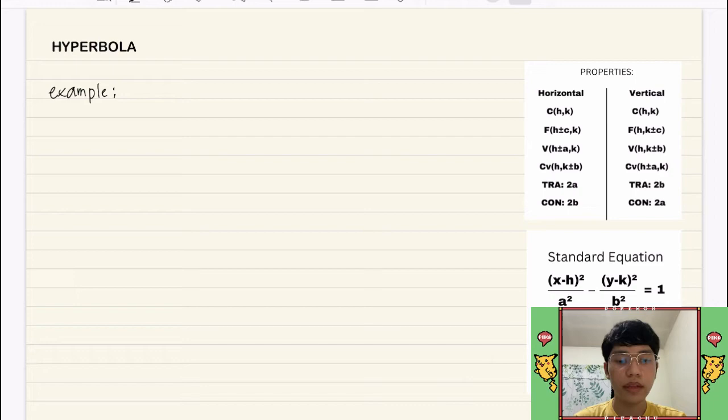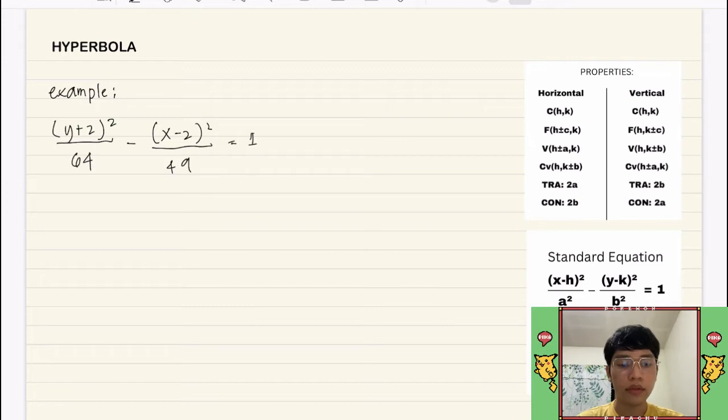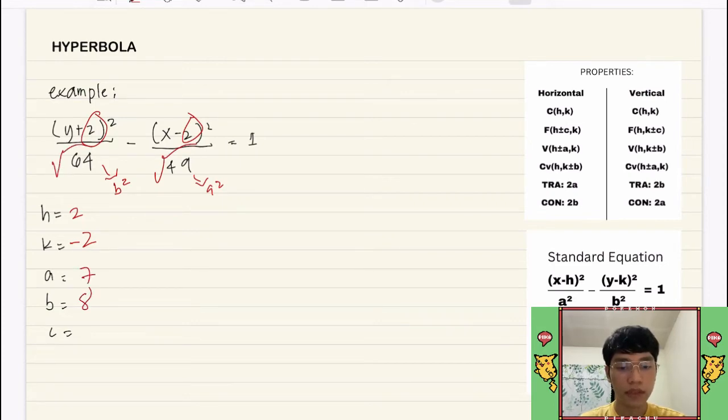So the first example is (y plus 2) quantity squared over 64 minus (x minus 2) quantity squared over 49 equals 1. So now let's find h, k, a, b, and c. So in this equation, 64 is equal to b squared and 49 is equal to a squared. So h is equal to 2, k is equal to negative 2, a is equal to square root of 49, which is 7, b is equal to square root of 64, which is 8, and to find c, we have